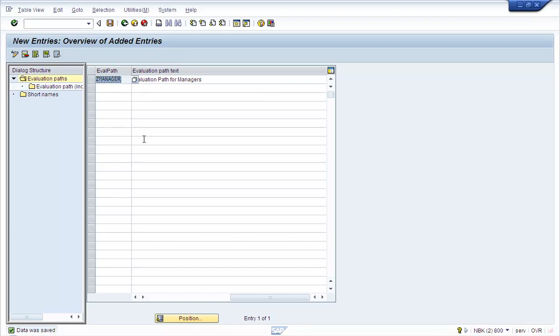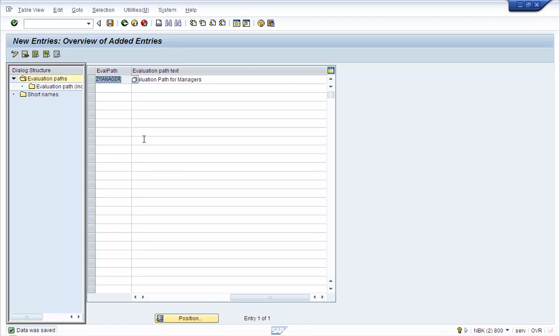Now, one thing before we proceed further, you need to remember is that in most places, the creation of evaluation paths is the responsibility of the org management team, the functional team. As a security administrator, you could help them create the evaluation path, but in many places this is done by the functional teams.